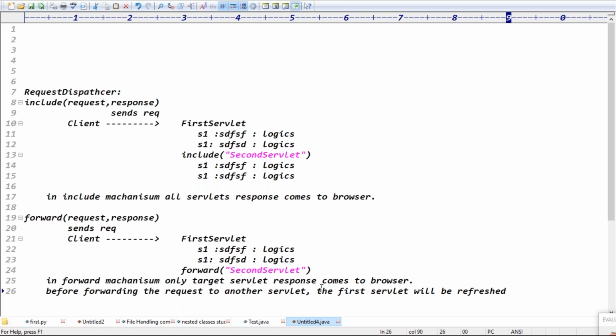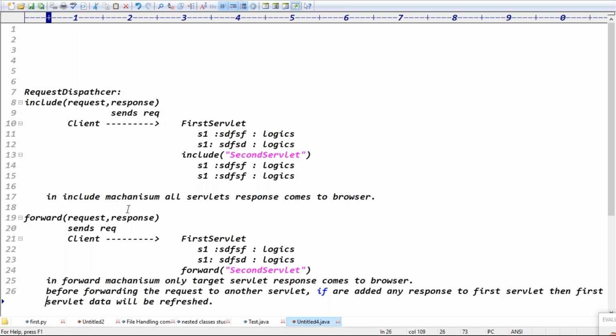If you add any response to the first servlet before forwarding the request to another servlet, then the first servlet data will be refreshed. That is include mechanism and forward mechanism.